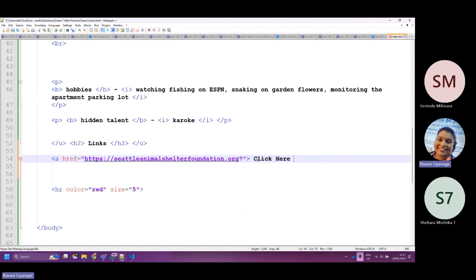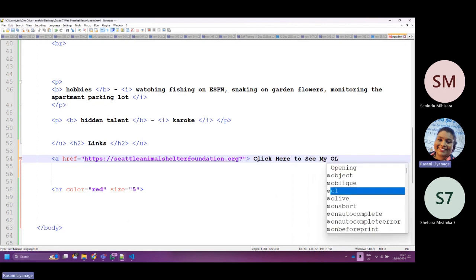So the text that appears would be here: Click here to see my old home.